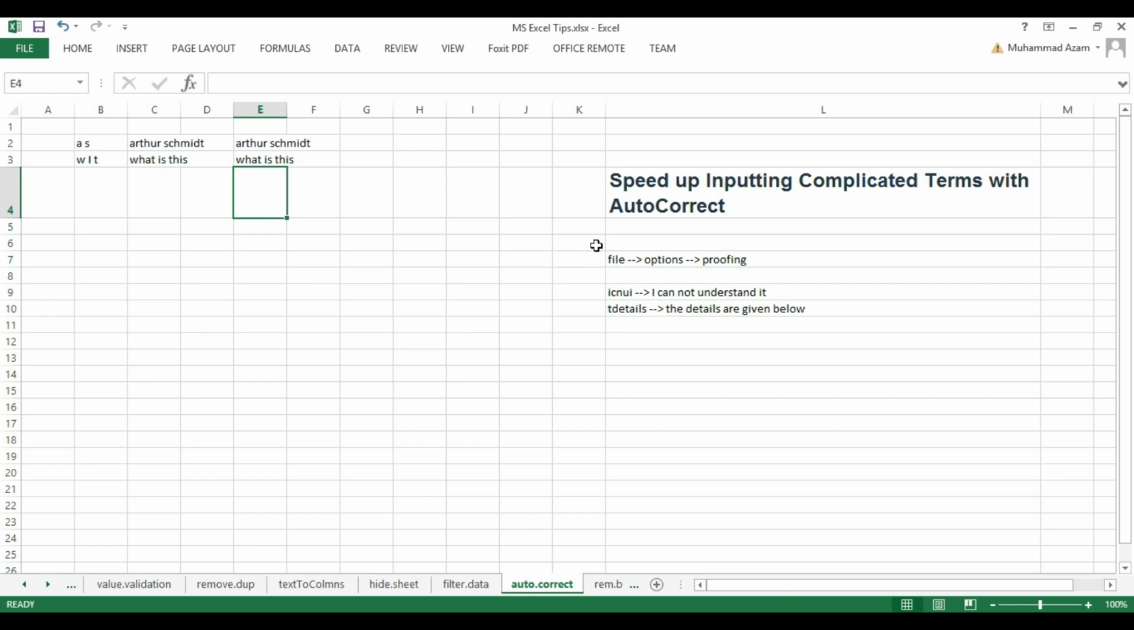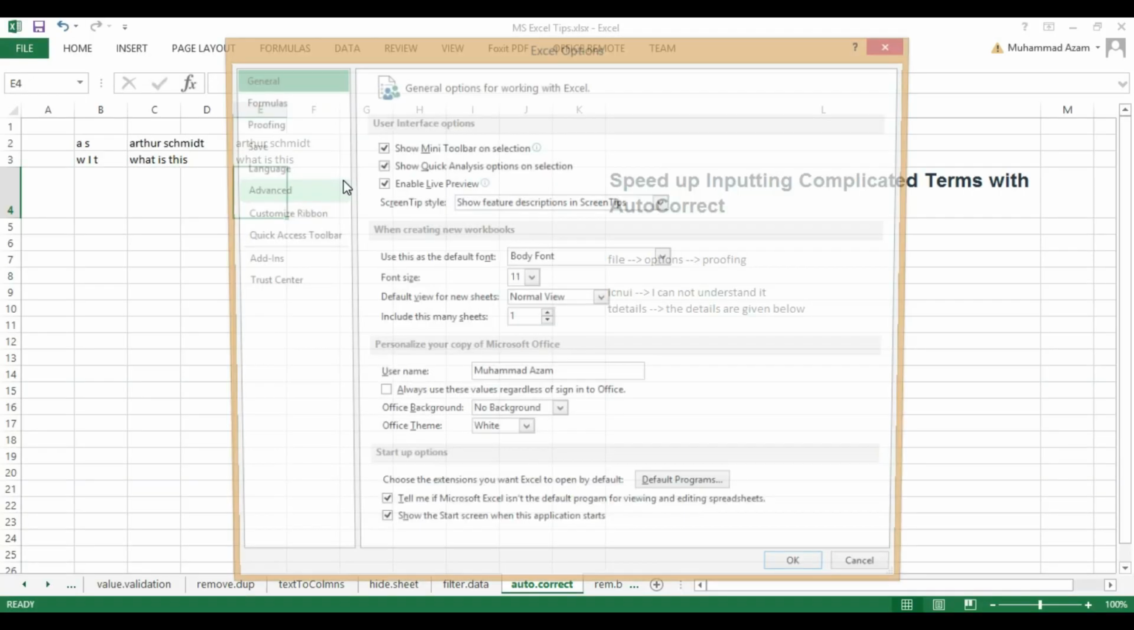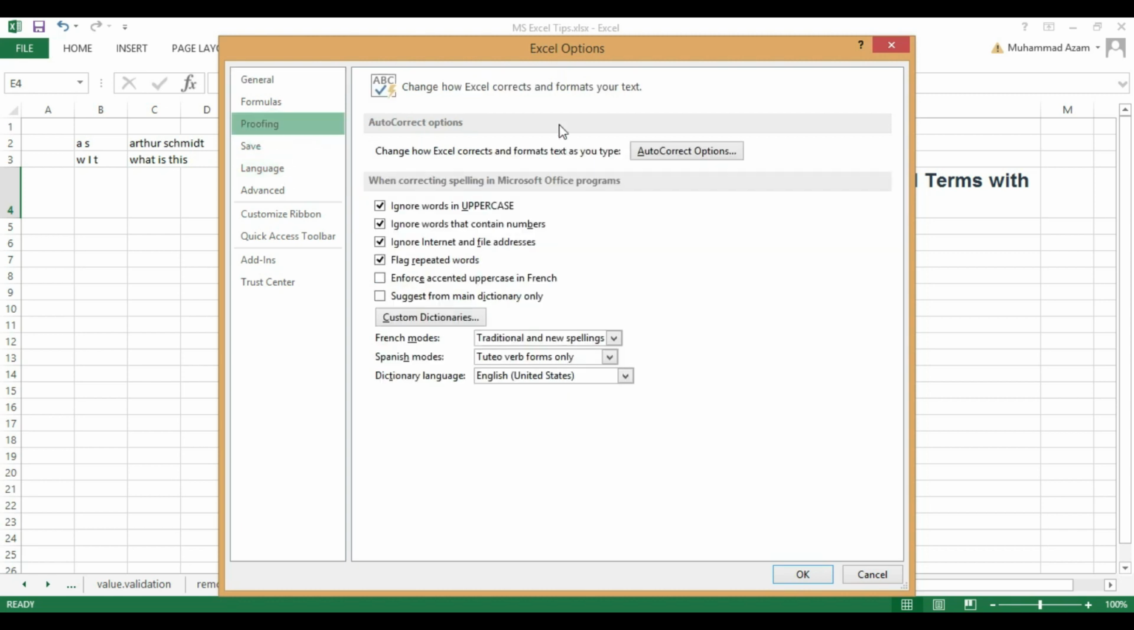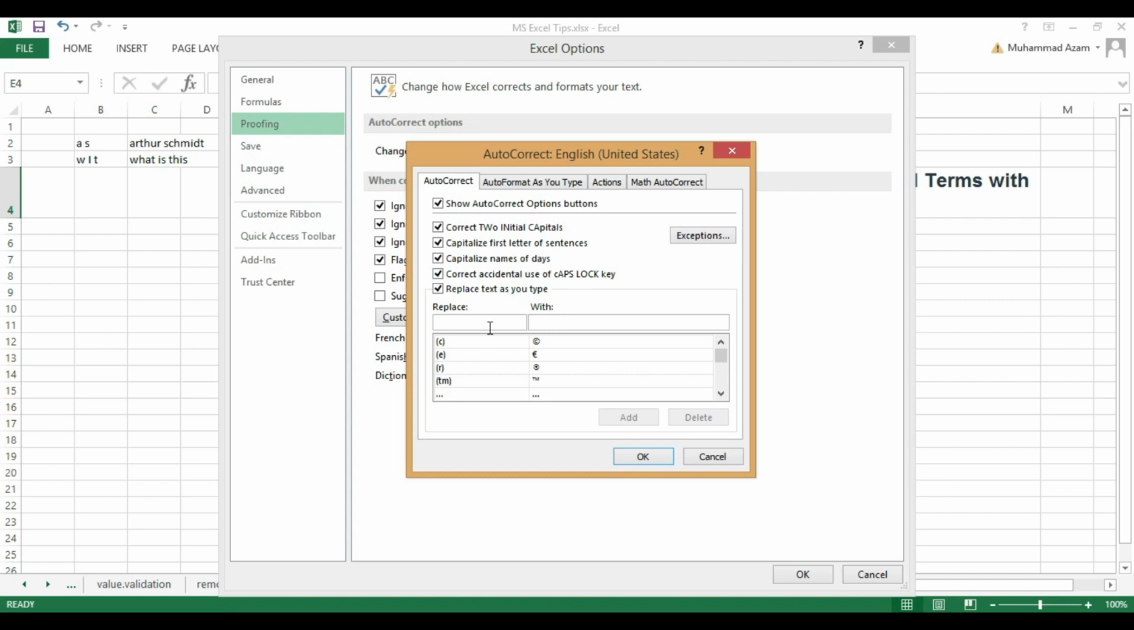In order to set this up, what you need to do is go to File and then Options, and you have the option here, Proofing, AutoCorrect Options, and here add the list of all those shortcuts that you want to enter. For example, I say